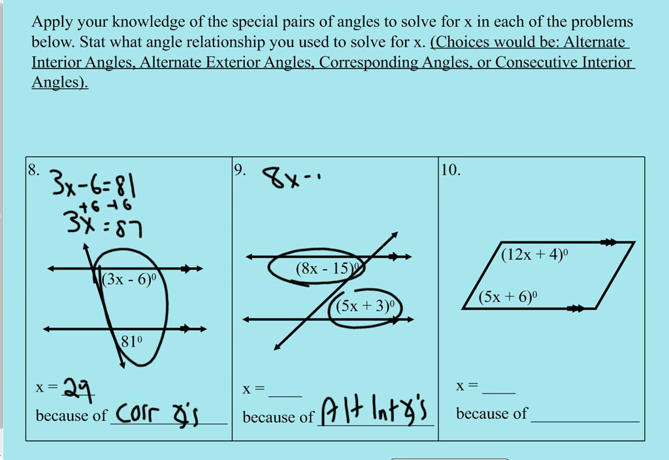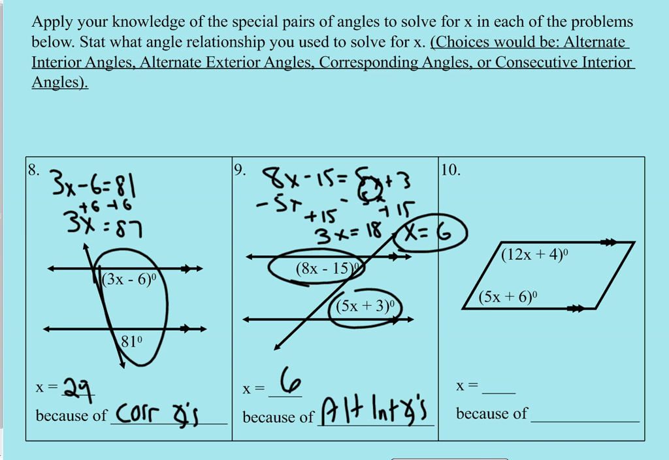So 8x minus 15 equals 5x plus 3. So now a little bit of algebra. So that's going to be 3x equals 18. So x equals 6. And finally,